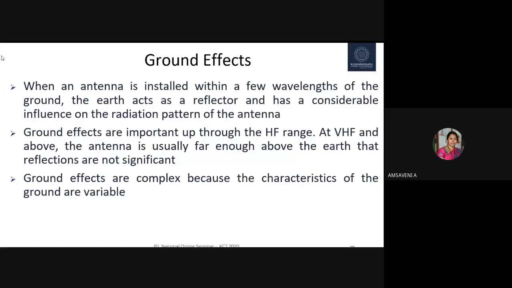And we have the effect of ground in radio transmission. So when an antenna is installed within a few